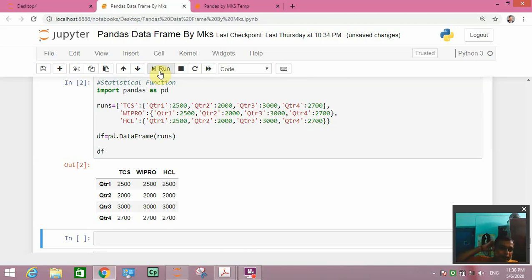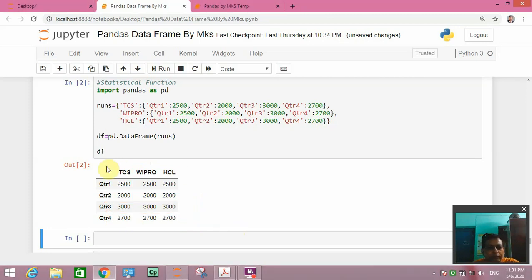Yes, it has come. One data frame has been made here, and TCS, Wipro, HCL is showing their quarterly production in the form of a data frame.